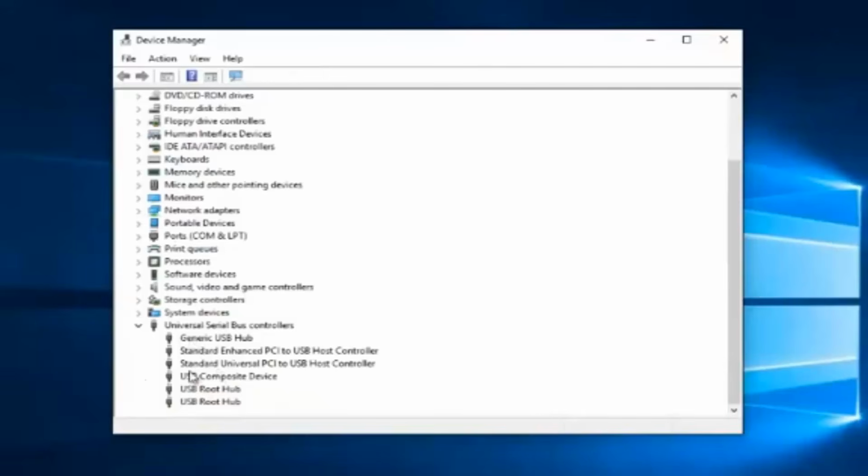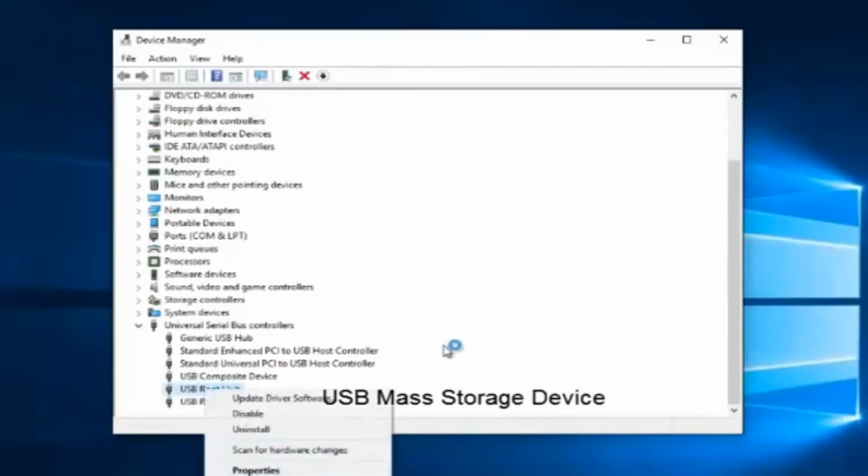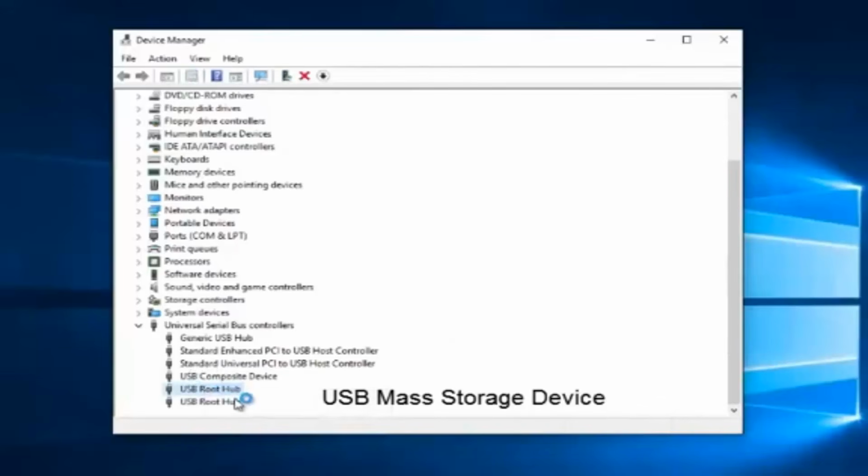Now I do not have a USB flash drive currently in the computer, but if there was one that said USB mass storage device, what you want to do is right click on it. So very similar to what I'm doing right now, except it has to say USB mass storage device. I can't stress that enough. It really wouldn't do any harm if you did it for any one of these if you're following along with this video,